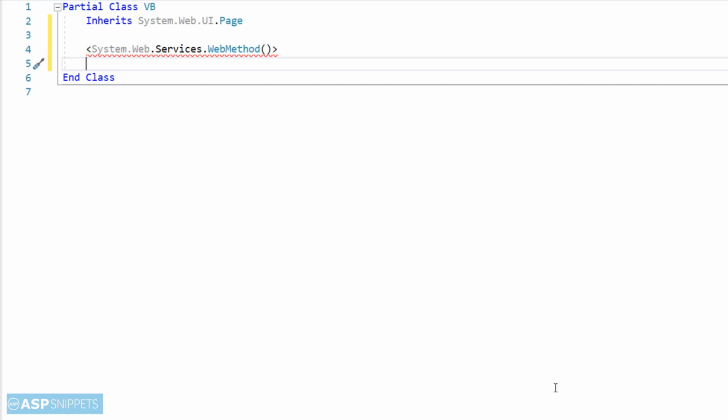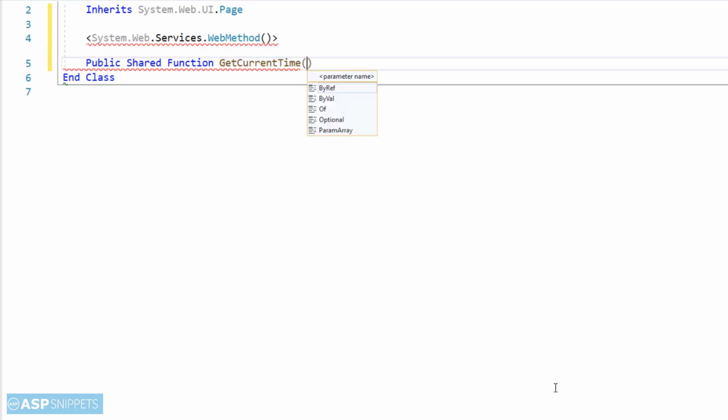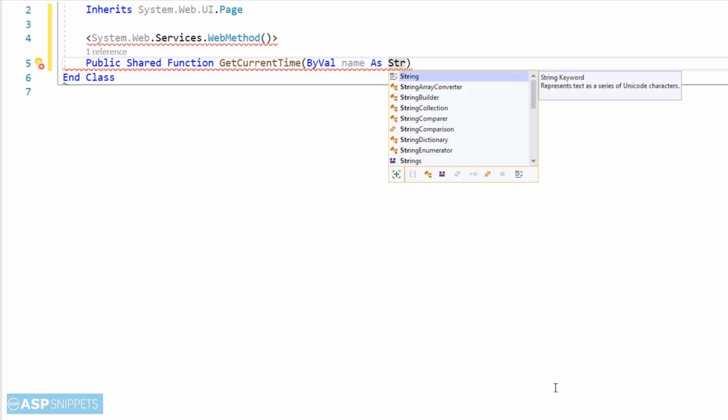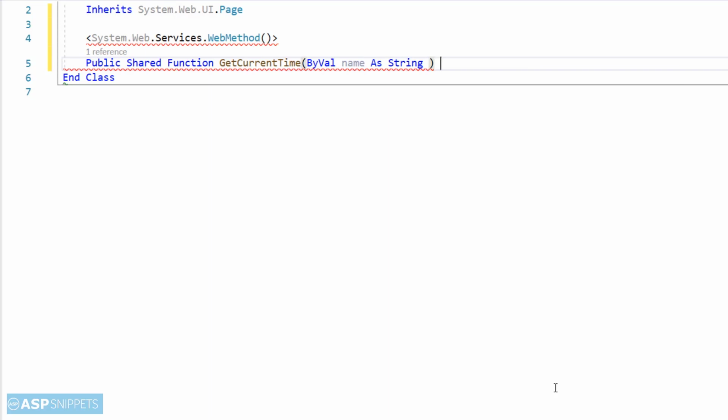Now this method will be public as well as static. The reason is that we will call this method from the ASPX page, and static because this is a web method. It is very important that a web method inside an ASPX page is always static, otherwise it won't work.